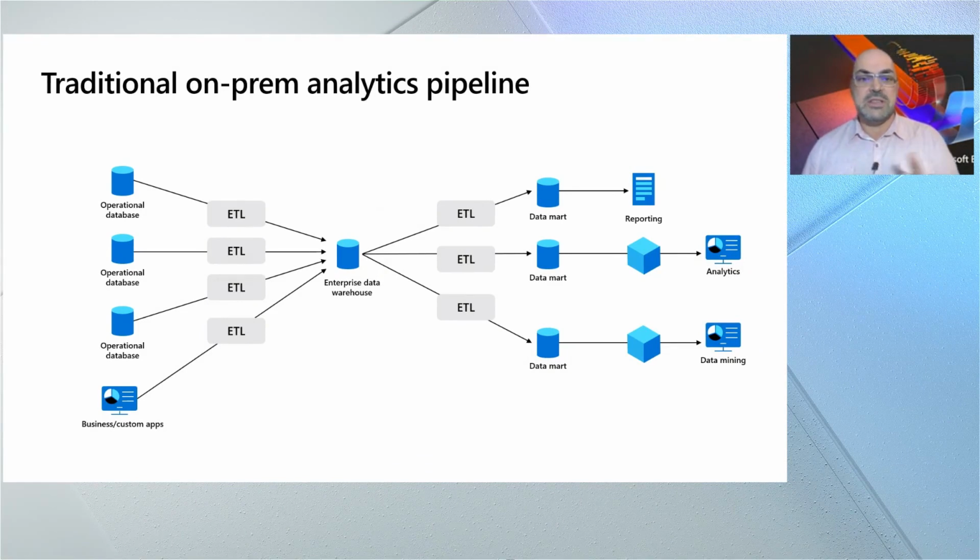And then you'll also see there's a lot of data movement going on here, a lot of copying of data from database to database to database. And a lot of that copying leads to an opportunity for error. And we've all seen BI pipelines fail as a consequence of copy failures or ETL failures, which lead to inconsistent